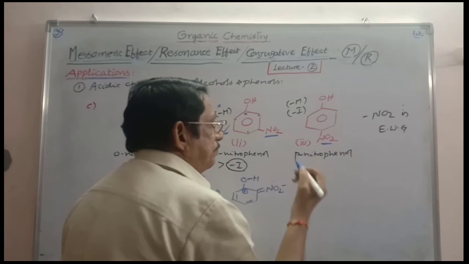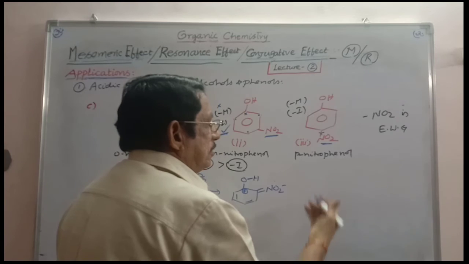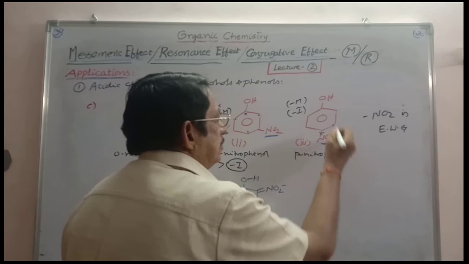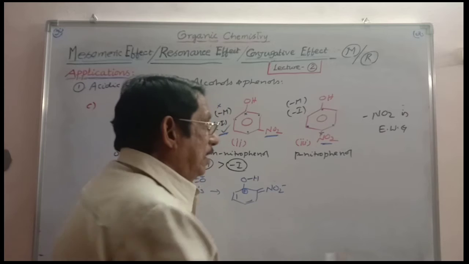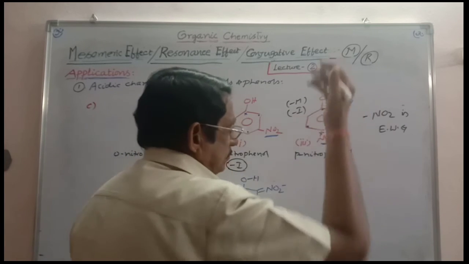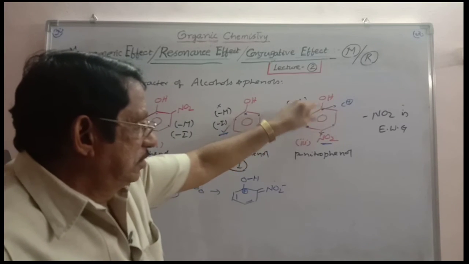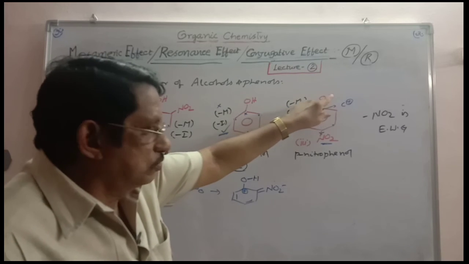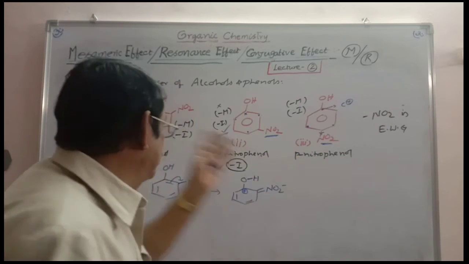This is the paranitrophenol. Due to the electron withdrawing effect of the nitro group, through minus mesomeric effect, it is giving positive charge here, here, and here. The carbon to which the OH group is attached is directly getting the positive charge, C plus. As a result, the electron density of oxygen is dragged towards carbon, the OH bond is weakened, and proton release becomes easy, as in the case of orthonitrophenol.